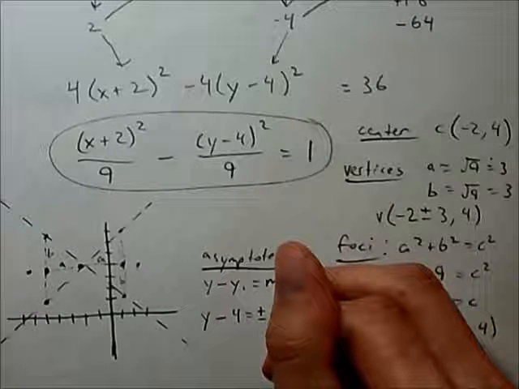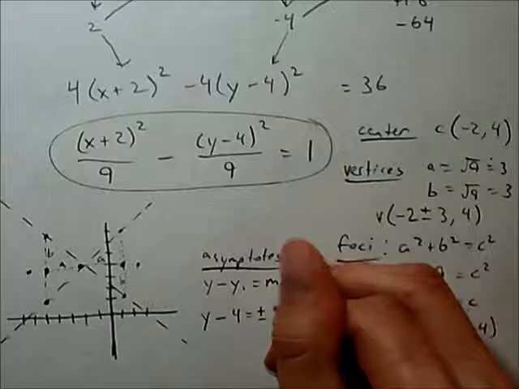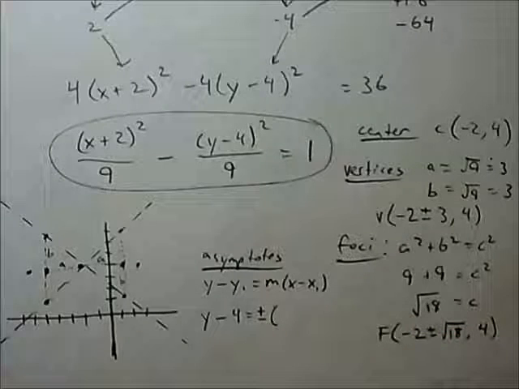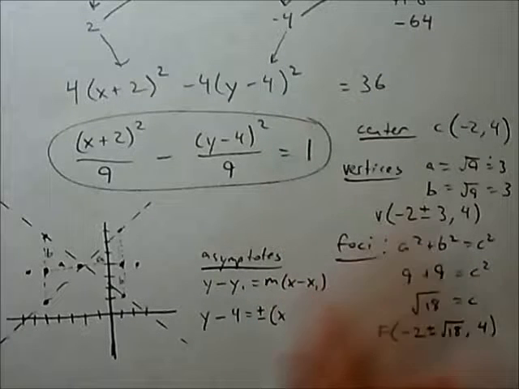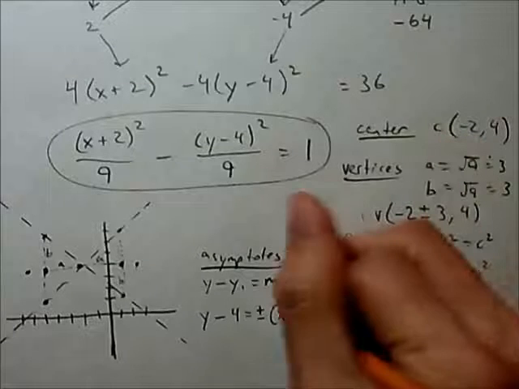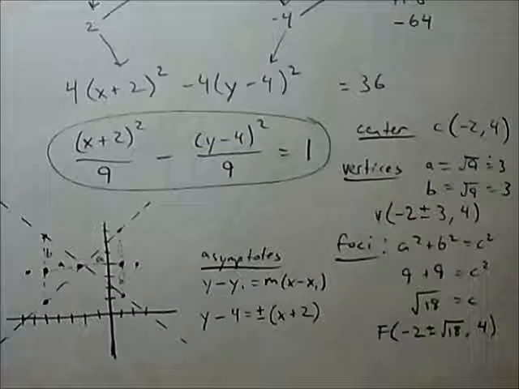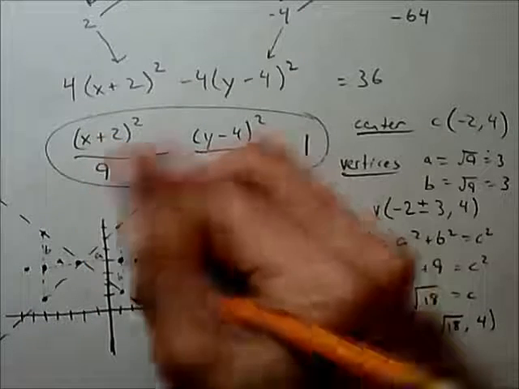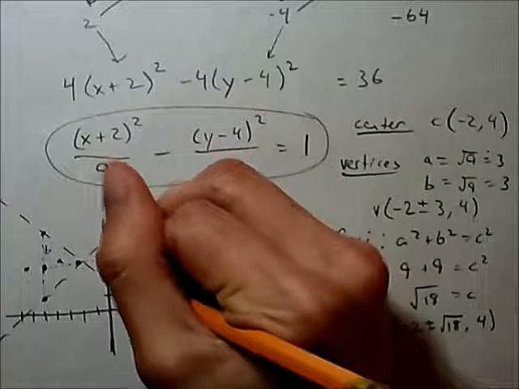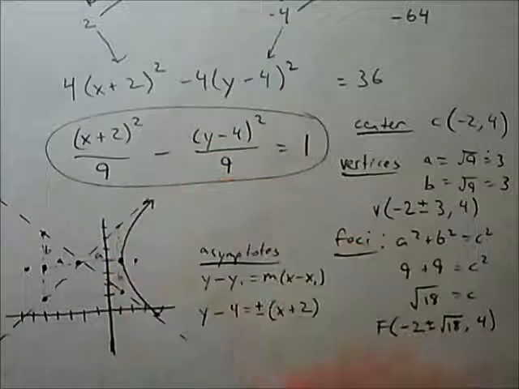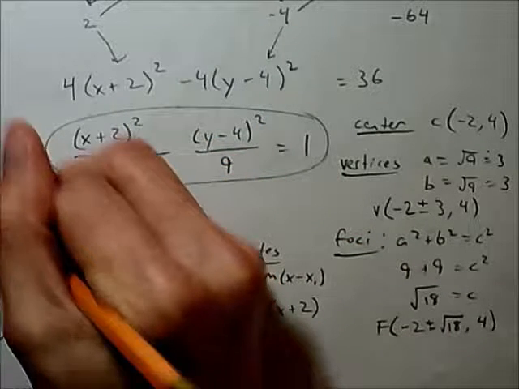So plus or minus, and there's no point in putting a 1 out there, so I'm going to leave it off. X minus negative 2, or in other words, x plus 2. There it is. And now draw in from the vertex, the hyperbola, approach the asymptotes going each direction,